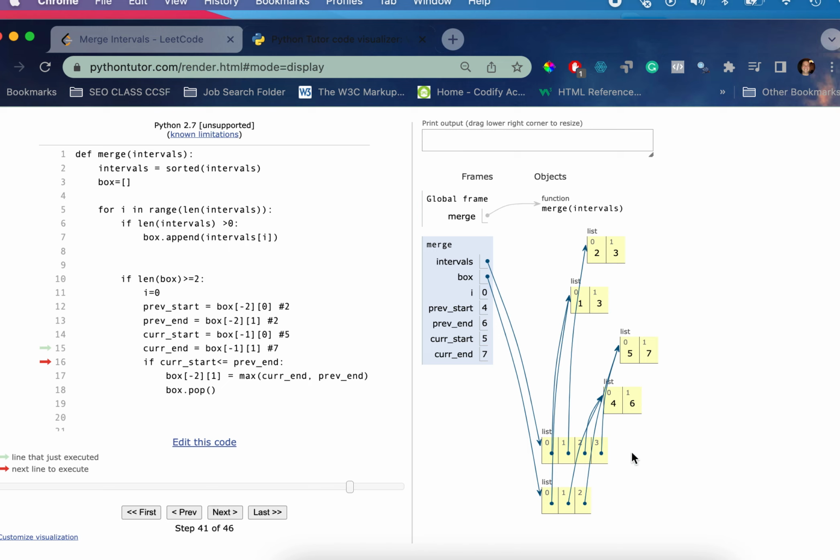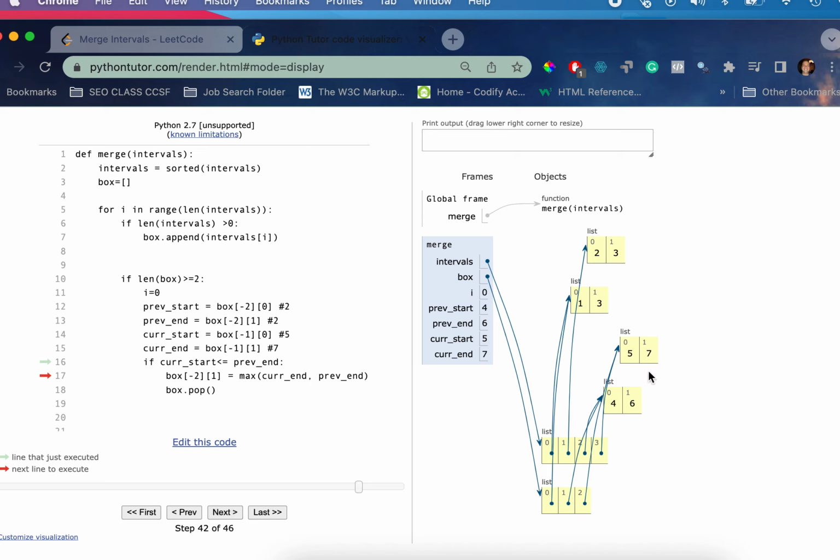So the current start is going to be the 5, and the previous end is the 6. So if the 5 is less than the 6, which it is,